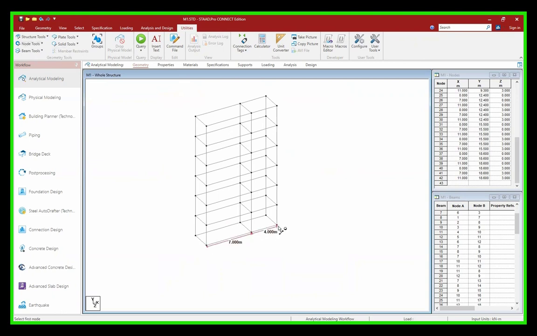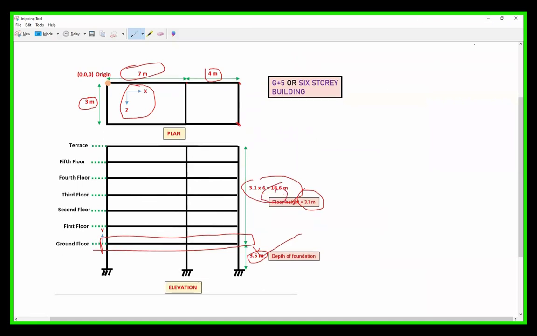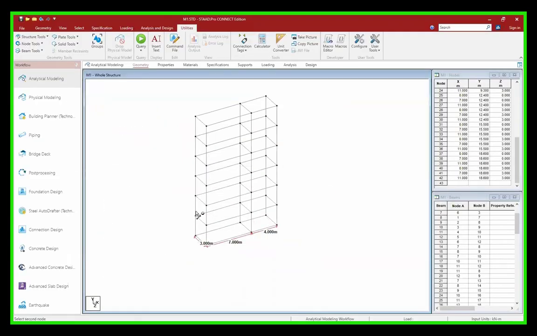This is the 7 meter, this is the 4 meter, this is the 3 meter, right? If you see our plan, same 7 meter, 4 meter, this is the 3 meter, and in upper levels it is 3.1 meter, total is 18.6 meter. So 3.1, right?